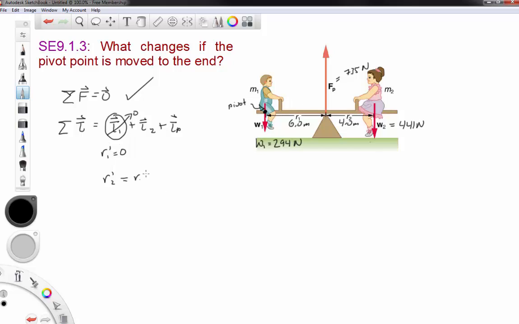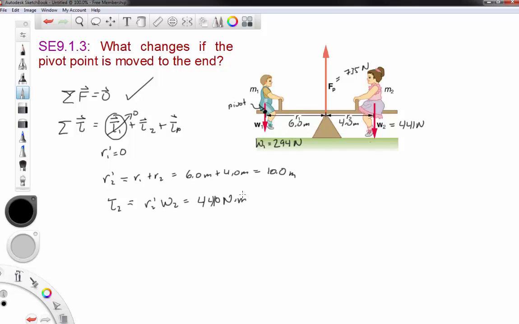R2 prime is equal to R1 plus R2, which is 6.0 meters plus 4.0 meters, or 10.0 meters. So that's the distance from him to her. And so torque number 2 is going to be R2 primed times weight 2. And so that's 10 times 441, which would be